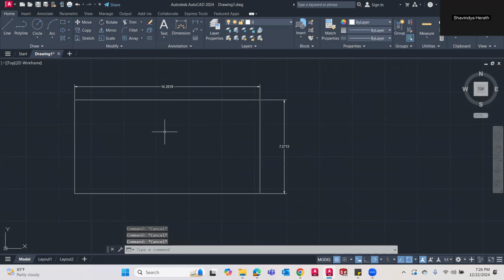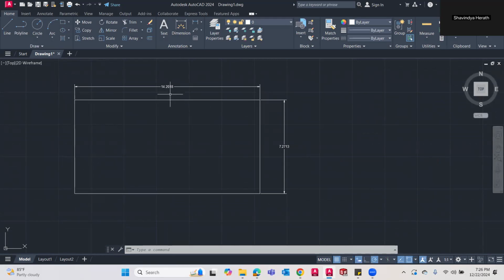What if, when I'm designing, I need to make many changes? I don't know the exact dimension when I first draw it, because I'm designing. Let's say I need to change this dimension to 20.